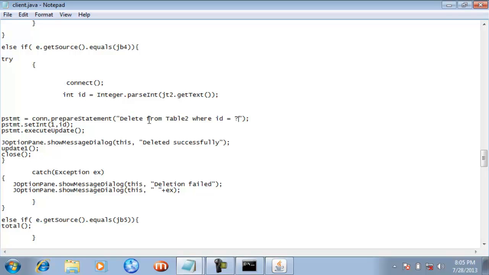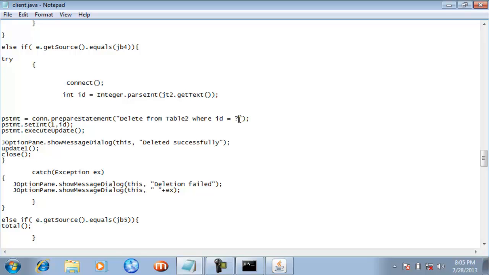So you will write delete from and the name of the table from which you want to delete the row, and you want to delete the row having what ID. Here I have given the name of the column, which is ID. Remember, this ID is actually the name of a column existing inside this table too.